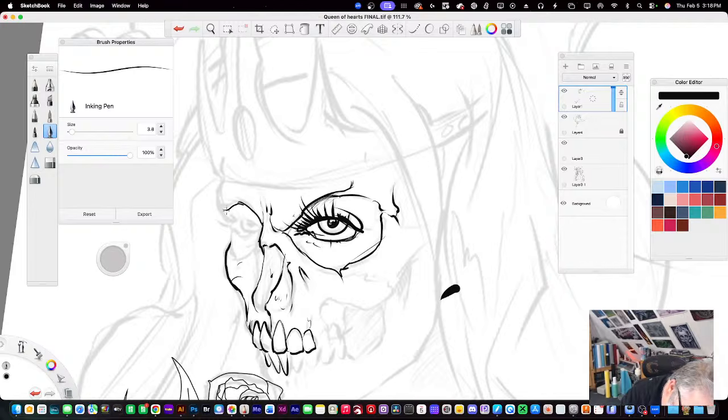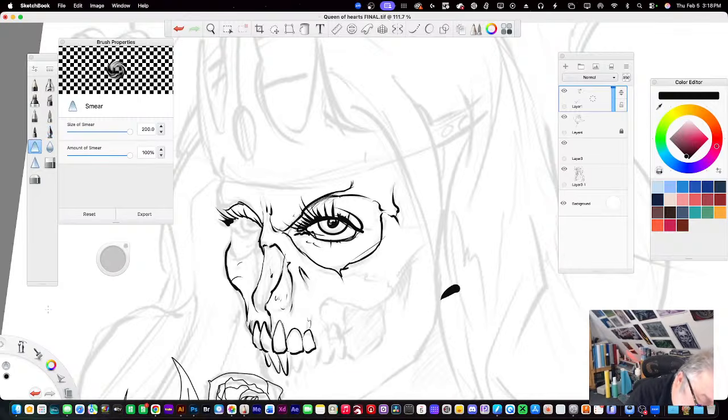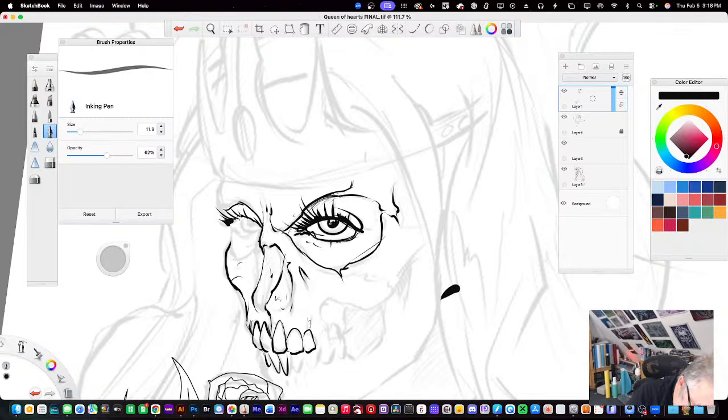Let's get an actual picture of an eye and see. Come on, make that bigger. Oh, that's why the size. Okay. I messed with the size, and now it's messing with me.